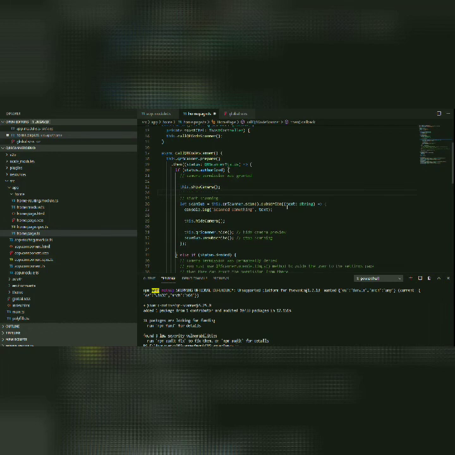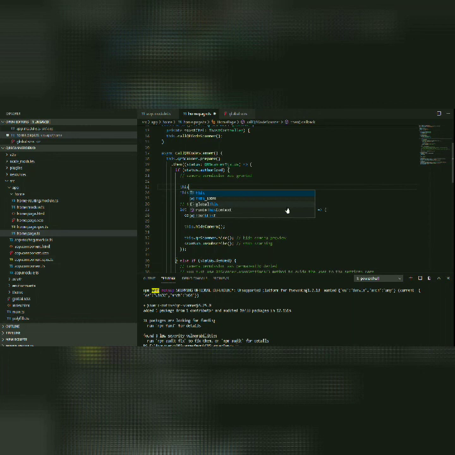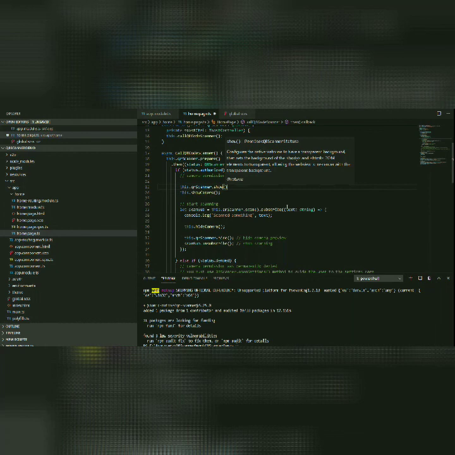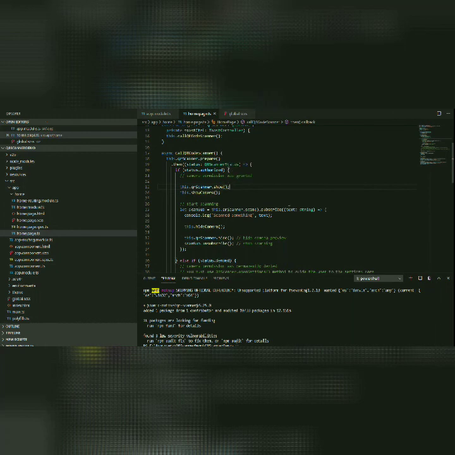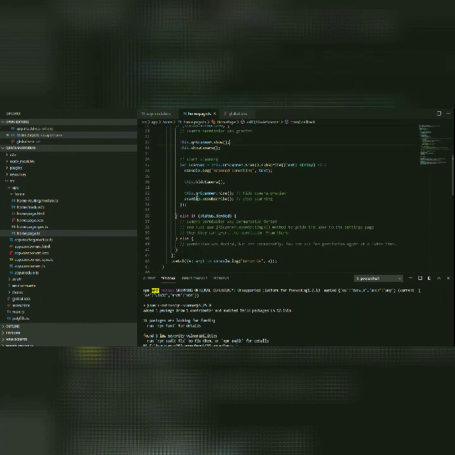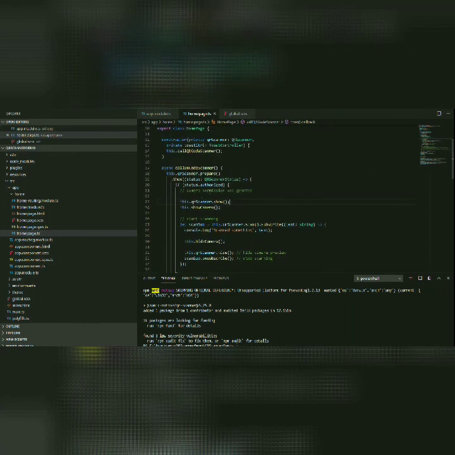We have to show the QR scanner first. So here we go with QR scanner dot show. Once the QR scanning is done, we need to present the toast with the scanned text.